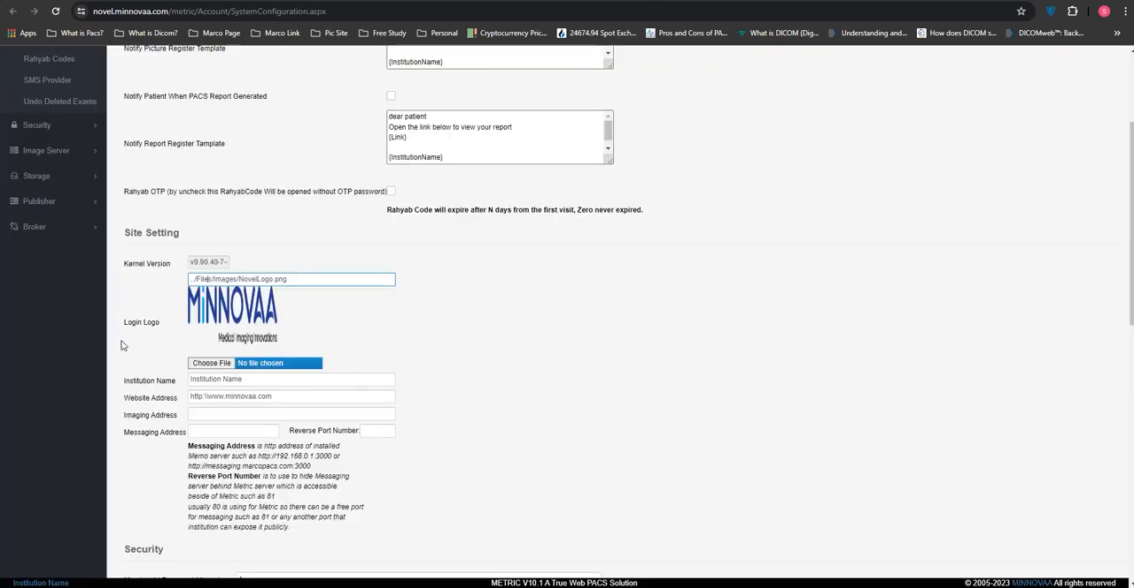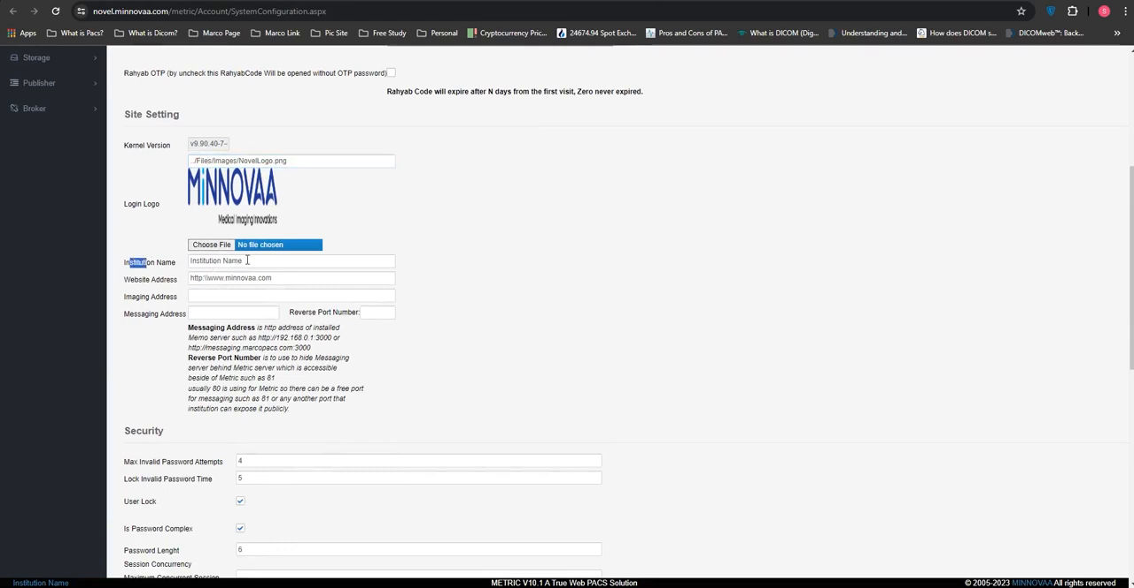In the Institution Name section, you enter the name of your medical center. In the Website Address section, you enter the link to the medical center's desired website. In the Imaging Address section, you must enter the URL for external access via the Internet with a valid IP